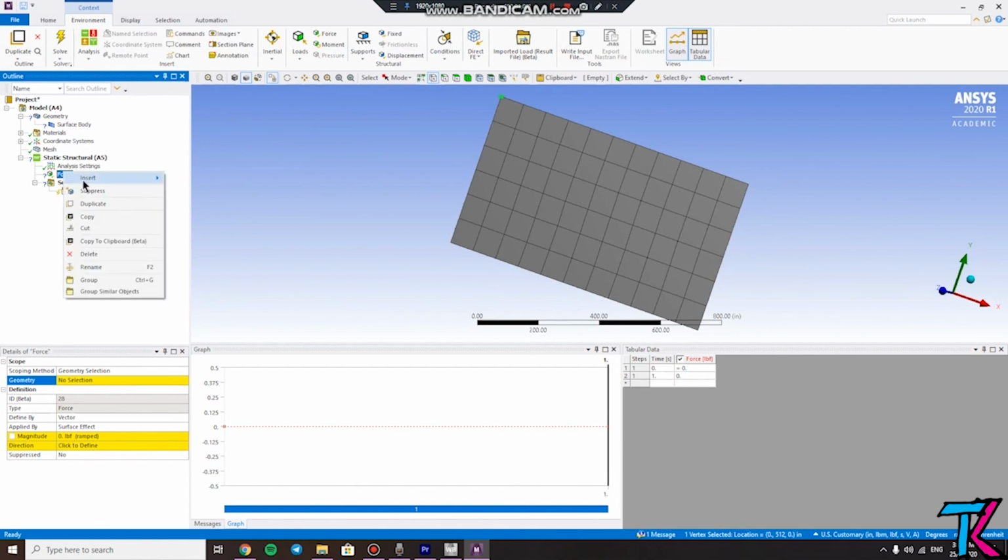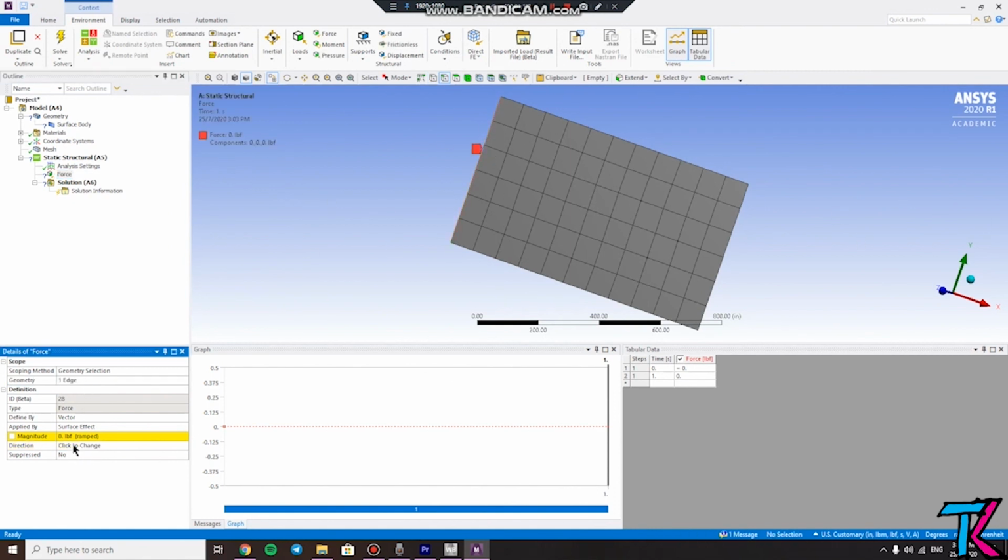So now let's just apply it on the left side of the metal sheet. Okay, it's in pounds. Let's say 100. Remember the direction. Whatever it is, force or pressure, you have this